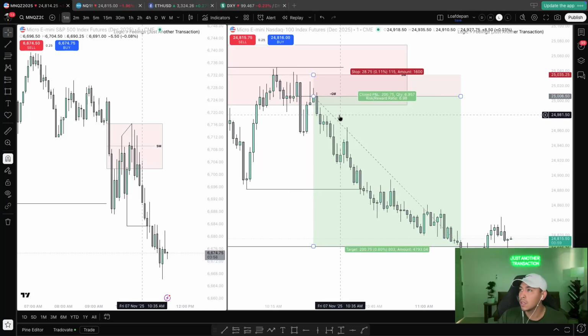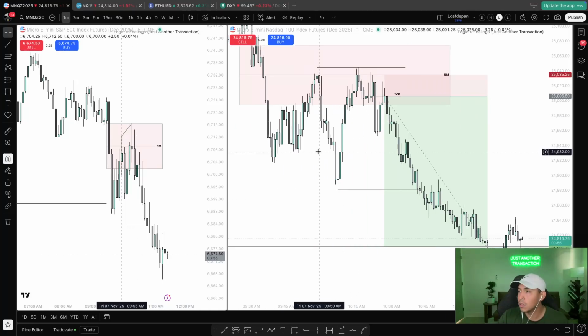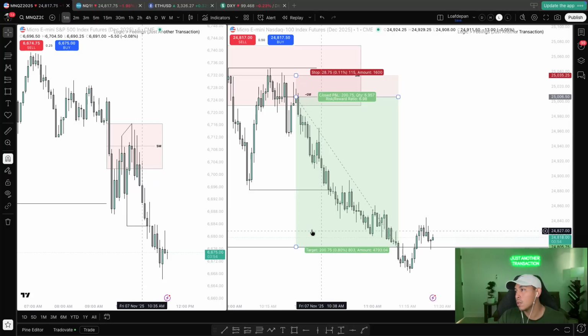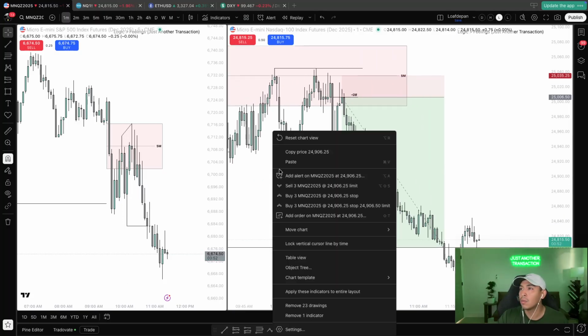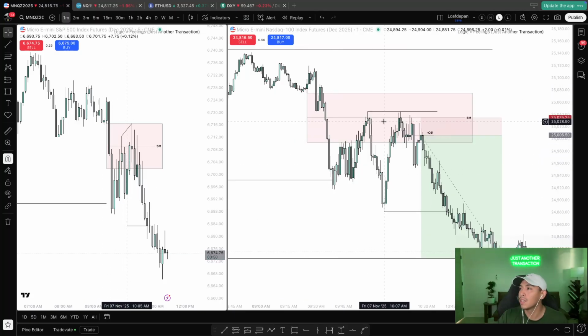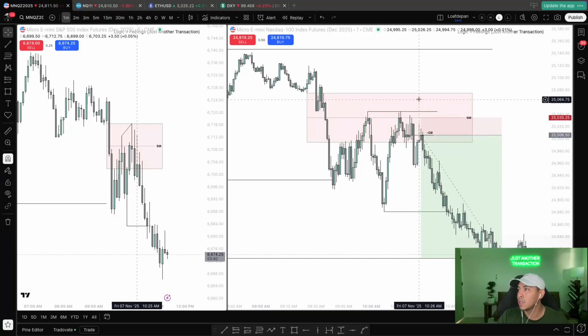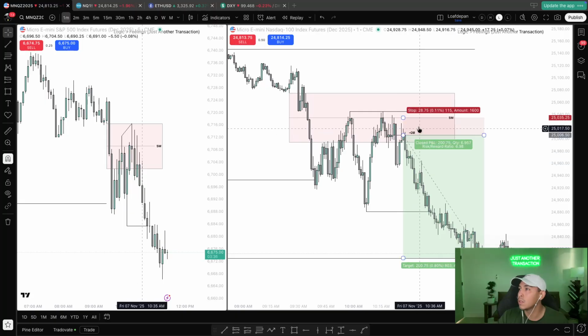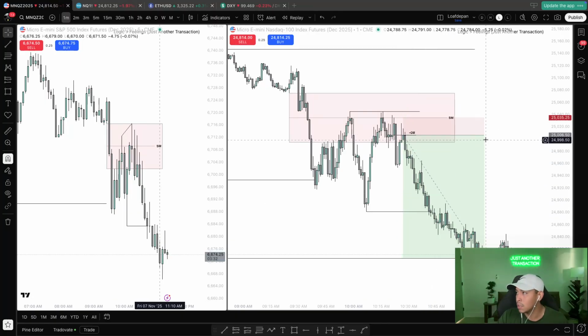So it's really nice to see, market's still going to move algorithmically to the areas that it needs to move. But if you're wrong on your bias, you're wrong on your bias. You're more than likely not going to get a trade. But again, these highs, I'd rather not risk it and follow my plan. So if my plan was to take longs, I'm waiting for my setup to present itself in the higher time frame. And if it doesn't present itself, then there's no need for me to be inducing myself to go the other direction if I'm not willing to adapt as easy. If I'm having a hard time adapting, it is what it is. I just don't adapt to that condition at the moment.